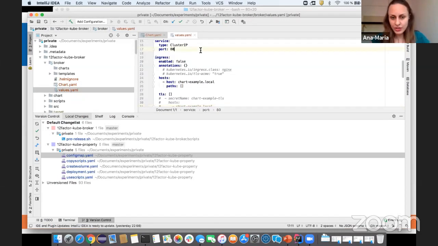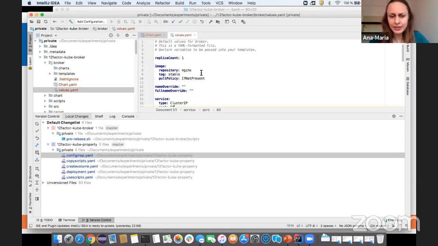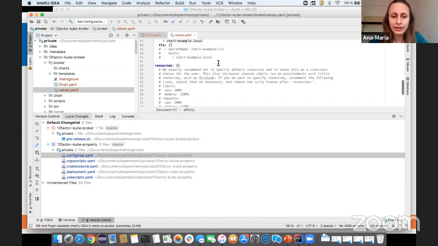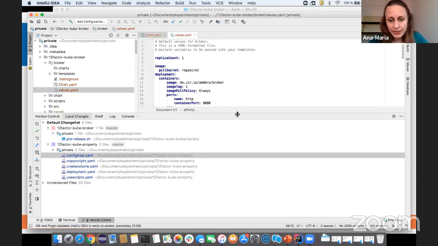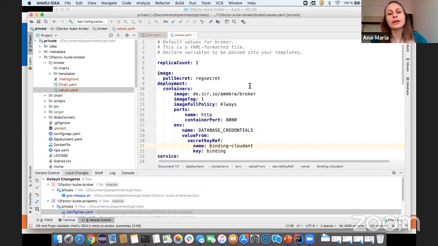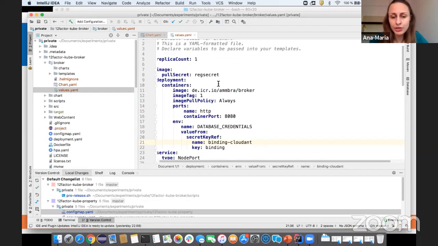There's also a set of values that's generated by default. This one takes into consideration the deployment of an Nginx application, but we're not going to use this one. We're going to use something that I already created before, my set of values. My set of values describes the deployment of my broker application. Let me make this a little bit bigger. So for my broker application, I want to deploy one replica because I'm going to pull an image from a private image registry. I'm going to use a pull secret that I already created in my namespace. Also, I'm going to specify the name of the image that I want to use for deployment, a pull policy,